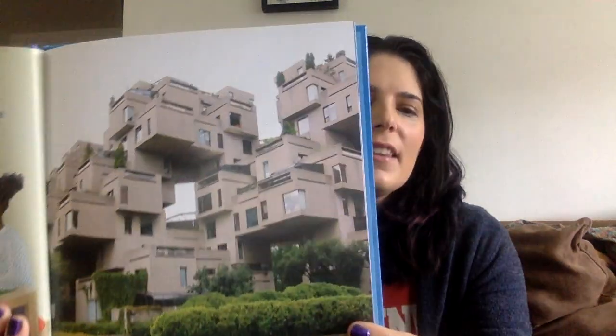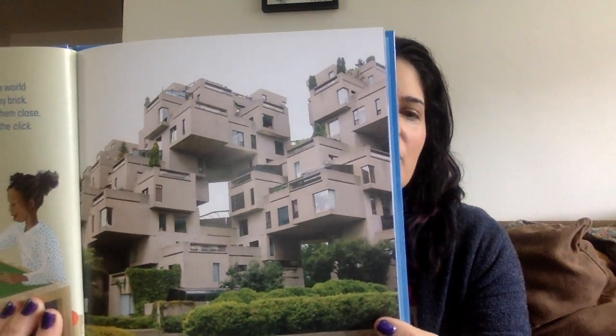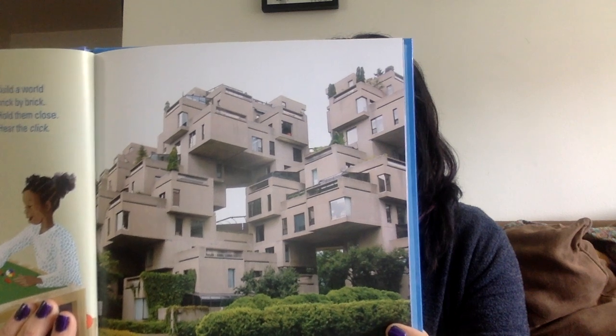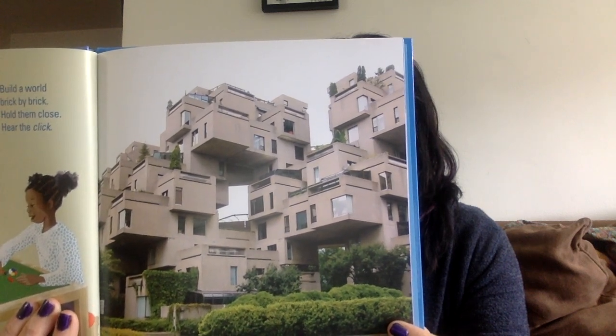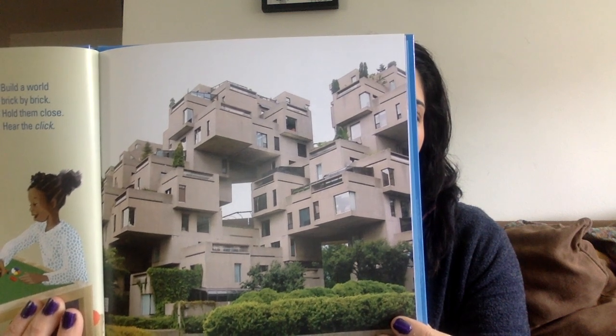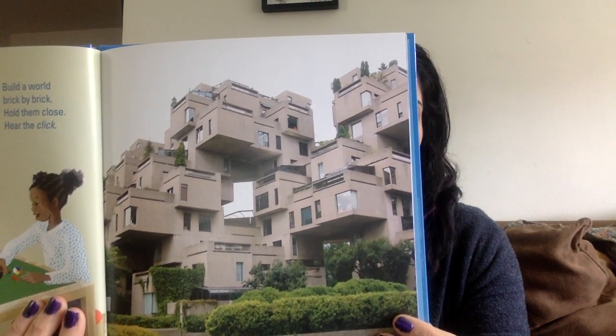That would be fun. Oh my goodness, this is cool. I just actually think I saw this building when I was watching a special on TV the other day when they were traveling around the world looking at unique apartment buildings. I have to try to remember where that